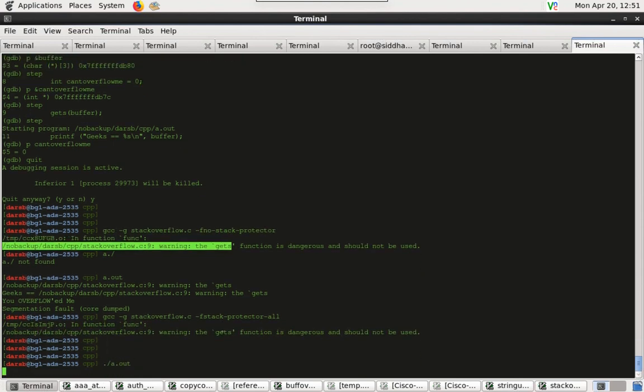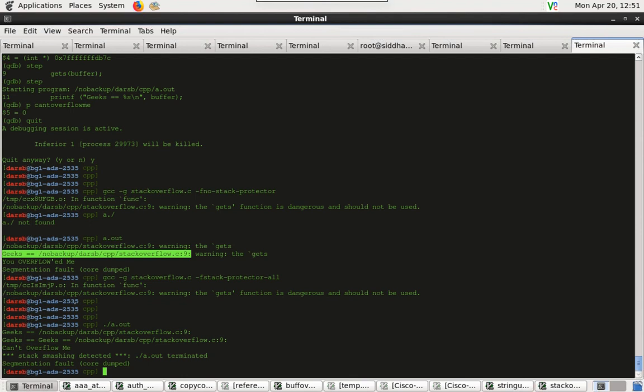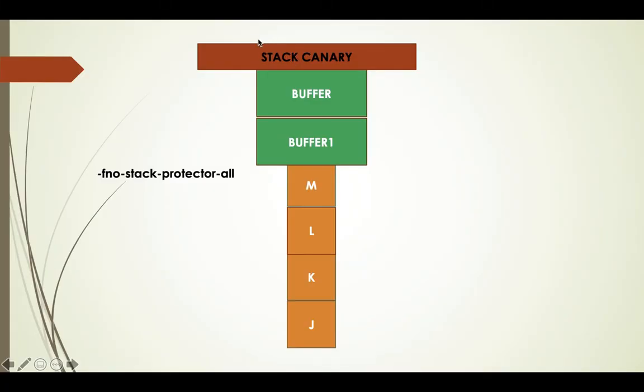If I do the same thing with this particular variable, see, since we had enabled the stack protect all, our variable was protected and it was placed at the beginning of the stack and the buffer was at the end, and further the stack smashing was detected. This is because the few extra bytes whatever we saw here was changed because of the buffer overflow, and this resulted in the detection of the stack corruption.